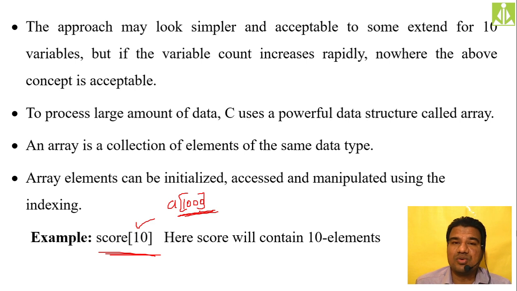So now when I am storing 1000 elements into my program, am I remembering 1000 names over here? No, I am not remembering. Then what am I remembering? I am remembering only one name, that is a. That's it. By remembering this a, I can access these 1000 elements from my collection, from my group, from my array. That access, initialization, manipulation, all those things we see in our further slides. So here you simply understand that when I have created a score array, this score array is a collection which contains 10 elements. So this is something about arrays.